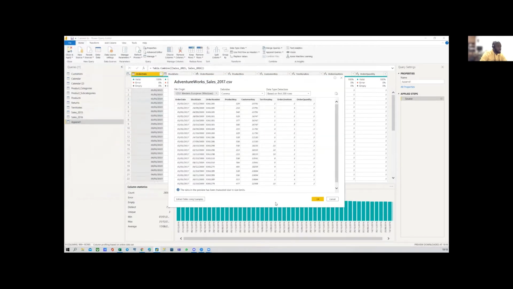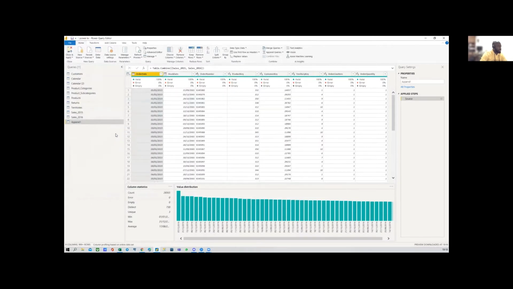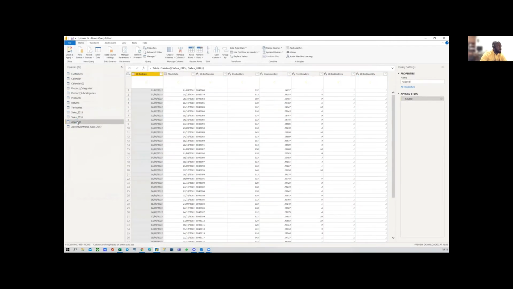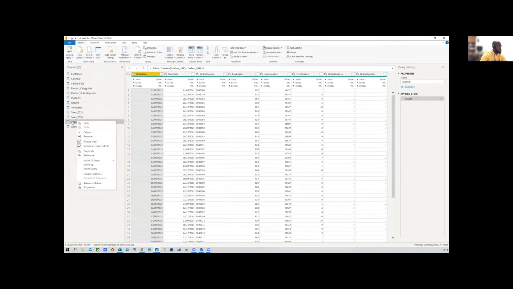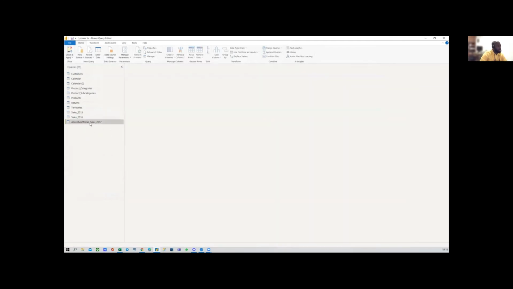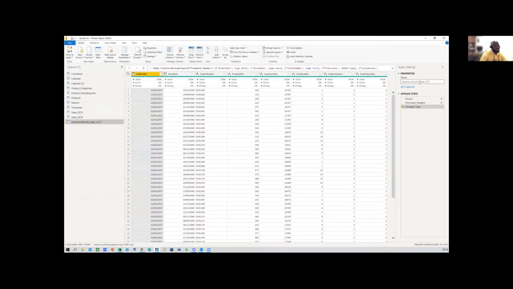I will delete this append that we created, so I want to have everything in one place. So let me delete this. How do you delete? Just go over it and you see delete here. So you can delete your table if you want. So I'll click on this 2017 and I'll rename it to